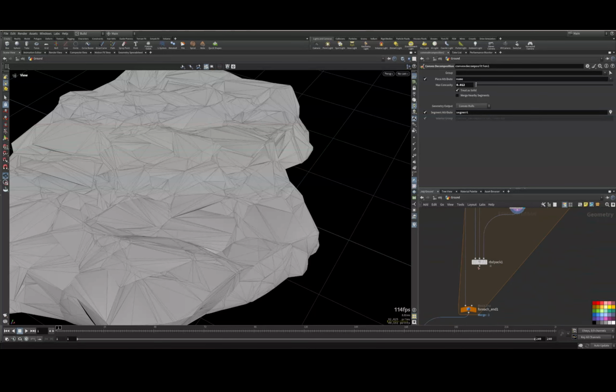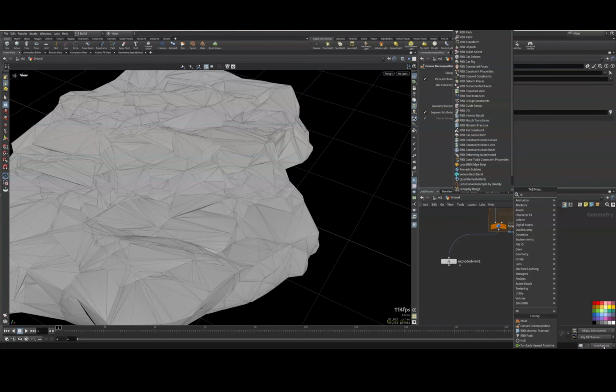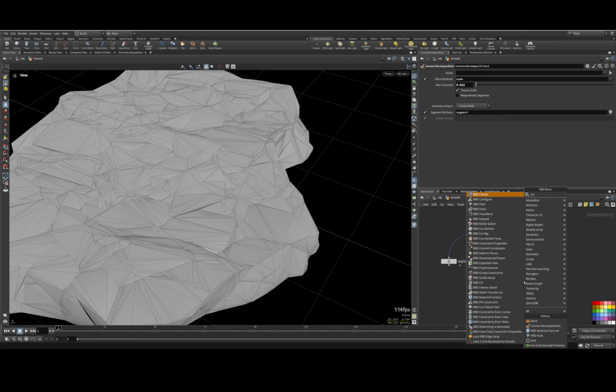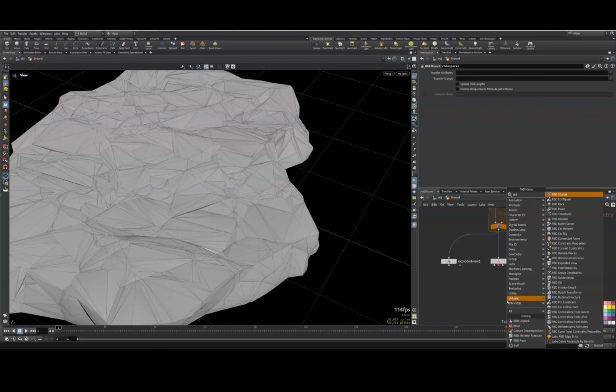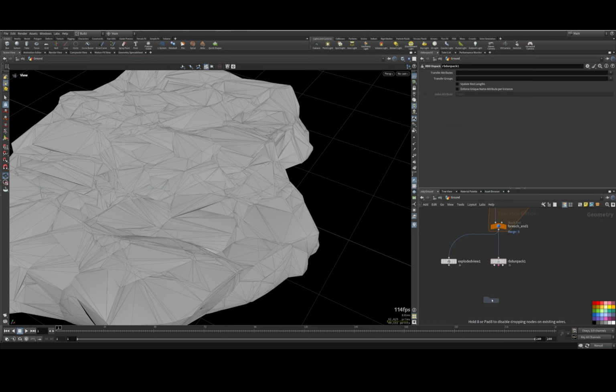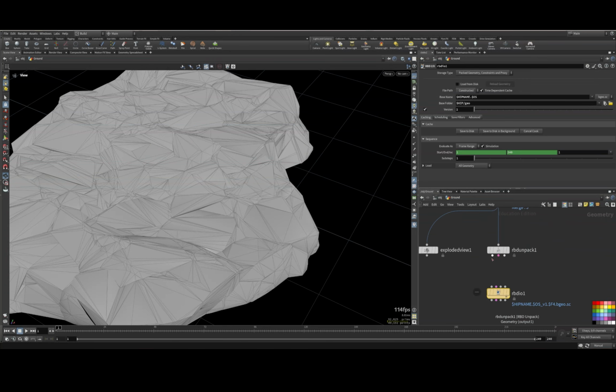This will now come out into here. I'll switch to manual now. And we'll do RBD unpack. And then I'm going to do my first cache node, RBD IO. This is just a cache node specifically built for rigid body dynamics. Okay. And we'll call this Geo